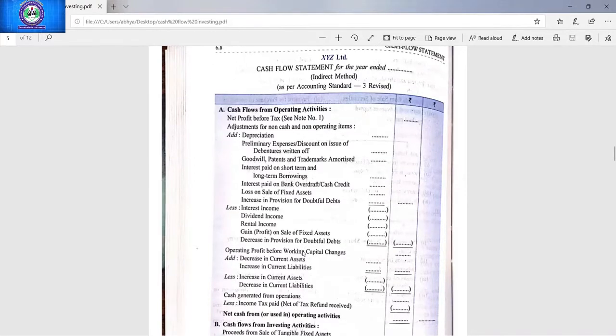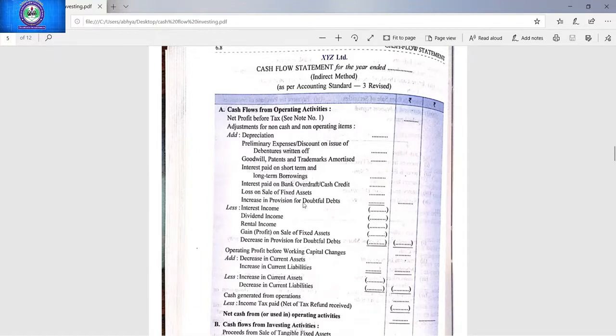So this all we have done, part A, completely we have done, and it is not necessary that in each and every question, each and every item will be given. Like what we are going to add: first of all, this is step 1, in which we were finding out the net profit before tax and extraordinary item. Then step 2 is started: add depreciation, preliminary expenses, discount on issue of debenture, goodwill, interest paid, whether it is on short term or on long term. Interest paid on bank overdraft, it is a short term interest, loss on sale of fixed asset,